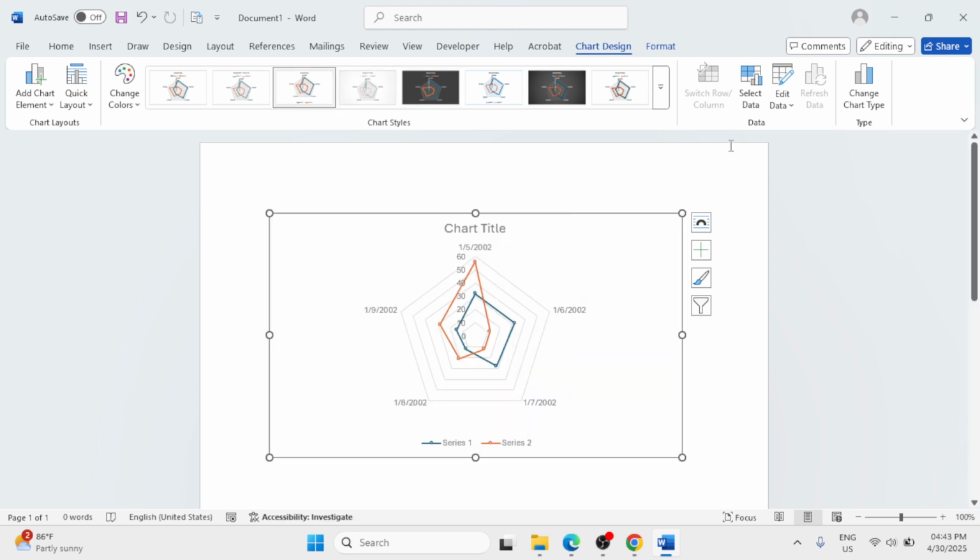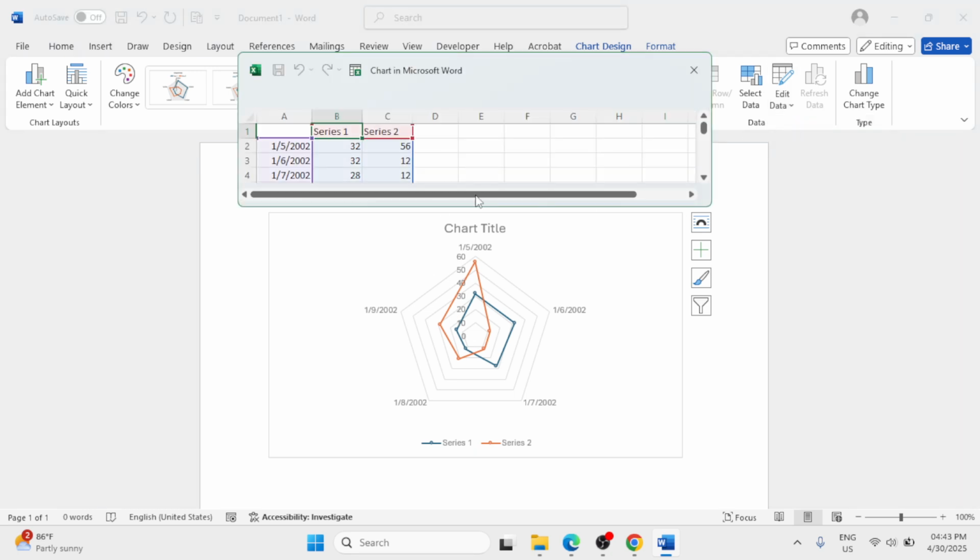Also, if you want to edit your data because you have missed some of your data, just simply click on edit data from here and click on edit data. And you can simply change that from here. And once done, just simply close this and that will automatically change the data on your radar. So as you can see,